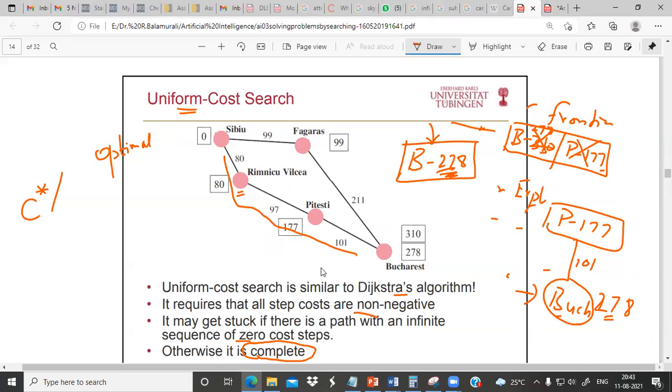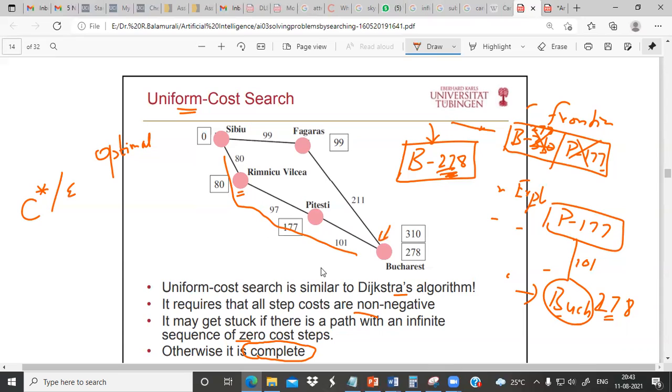The cost of each step is epsilon. Then it has this many steps. And we are finding the solution. How are we finding the solution? The goal test is being done